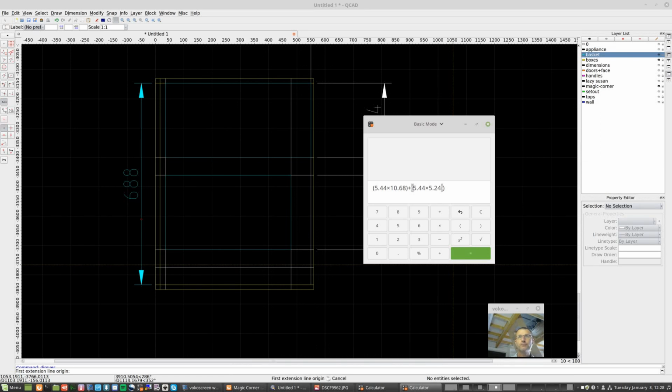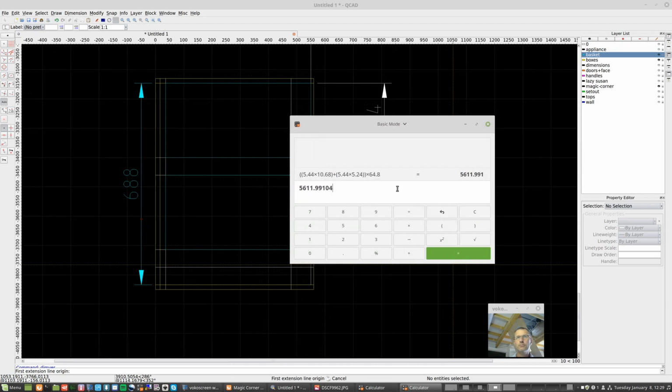Okay, make sure those two are added together, right, before we multiply it by 4.8. Did I do that right? Let's just look at our calculation. 6, sorry, wrong. 6.48. That sounds better. Oh, that's 561 litres,